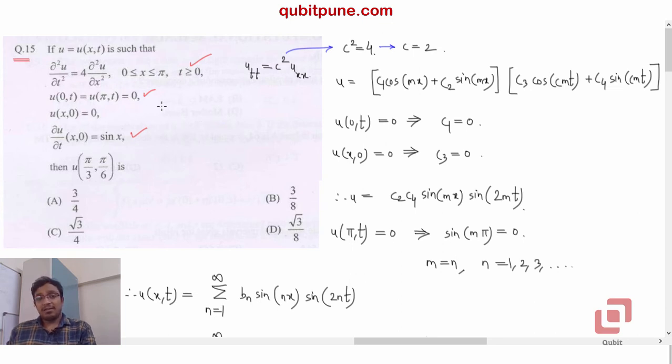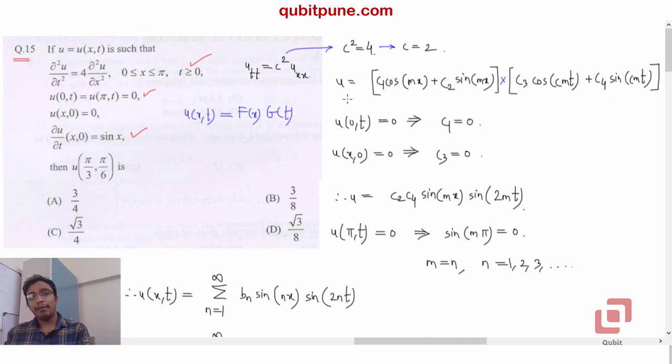I'm going to start the solution by writing down the standard solution of the wave equation obtained by the method of separation of variables. If you know the separation of variables, we assume that the general solution u of x comma t is in the form f of x into g of t. So you start, then you'll get two ordinary differential equations which you solve, and if you take the acceptable solutions considering the physical constraints, then it is u equal to c1 cos mx plus c2 sin mx multiplied by c3 cos cmt plus c4 sin cmt.